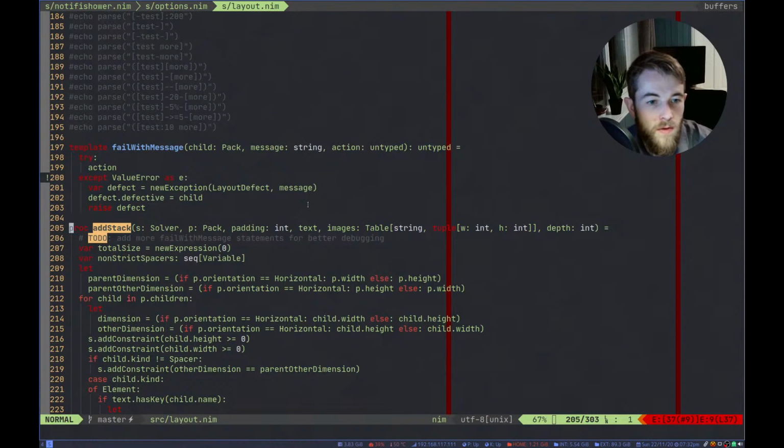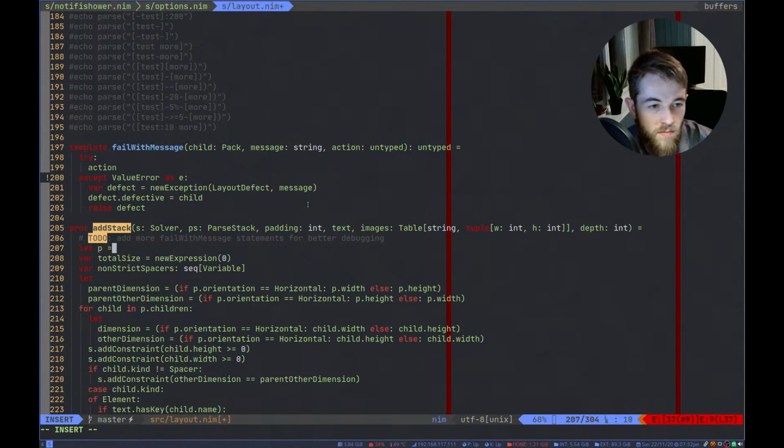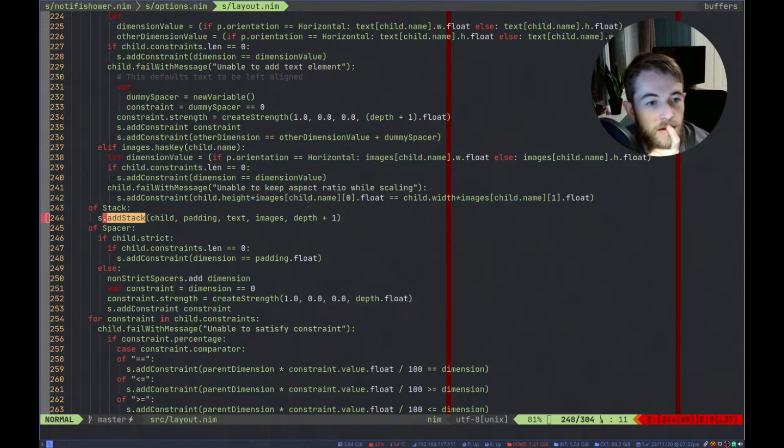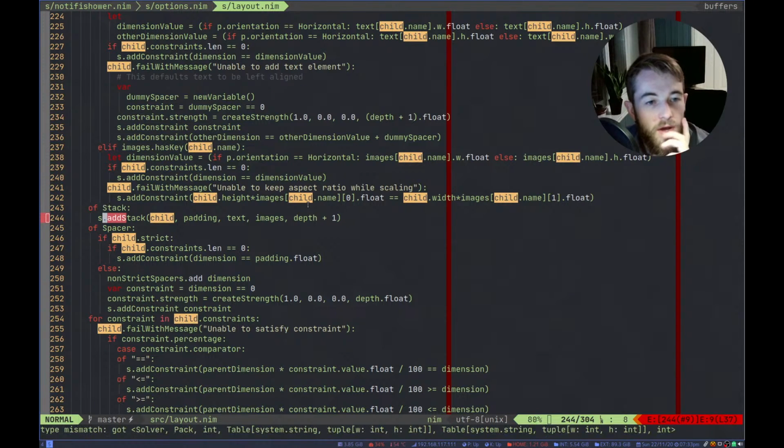Okay, this takes in a parse state ps, and we say here that p is parse state.basePack. Oops, this is parse state, not parse stack. There. Add stack child, right.